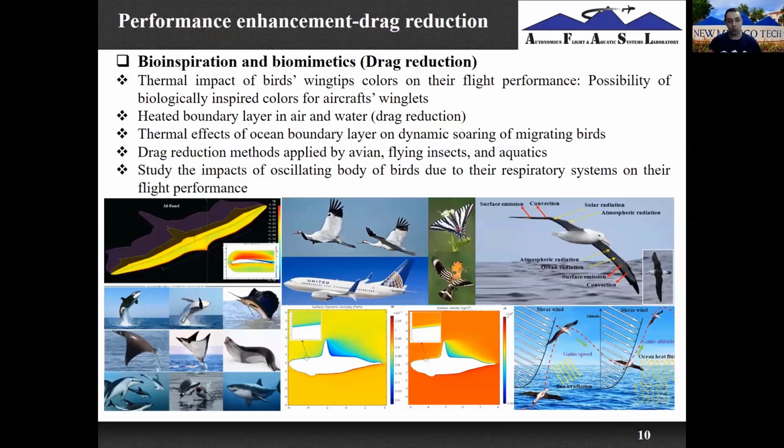So what we can find from here is, if you look at the sources of the birds' wing colors, what is the main reason that birds have different colors? For example, the black color or the white color or other colors. From the biology perspective, the colors come from pigments, right? So the main explanation from the biological perspective for the colors of the feathers of the birds' wings